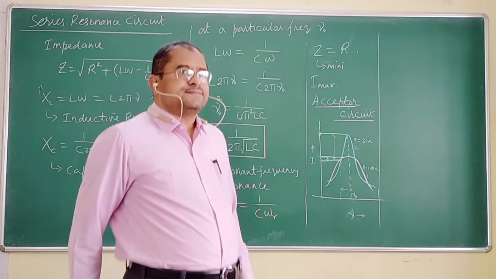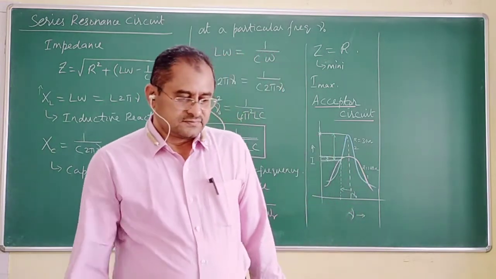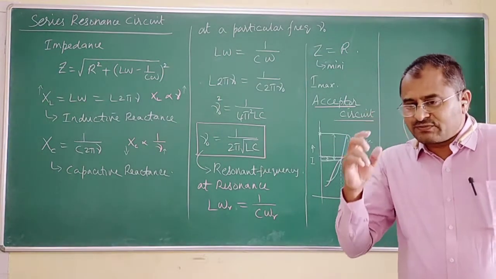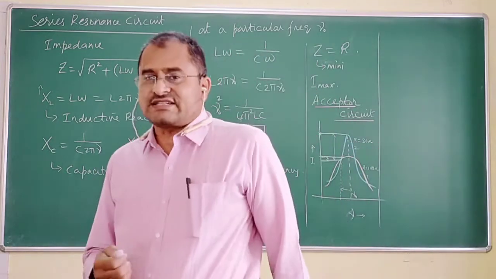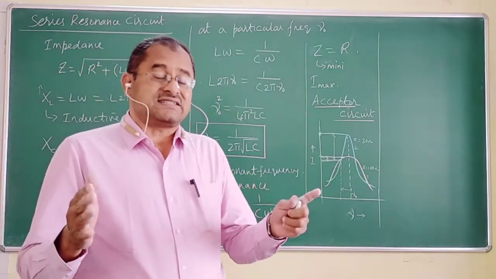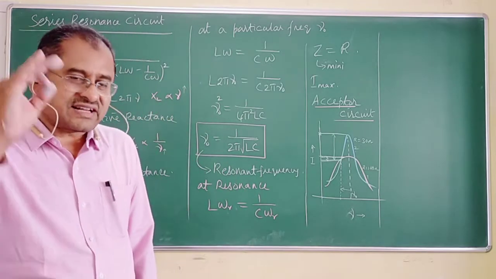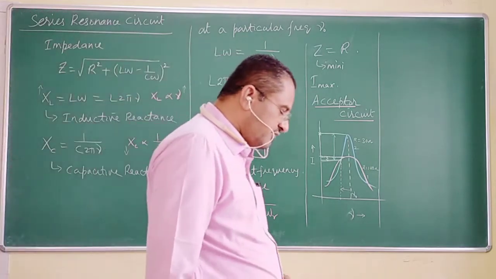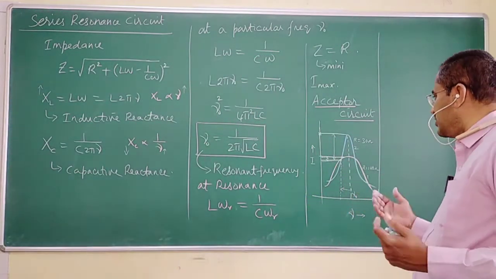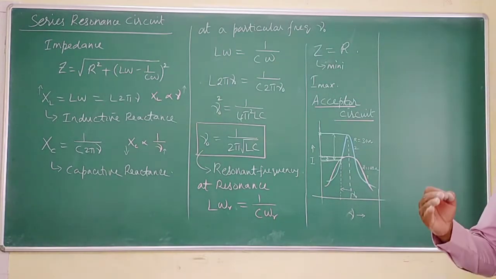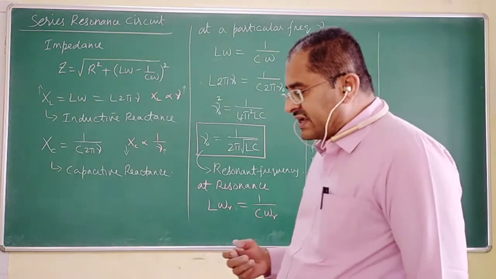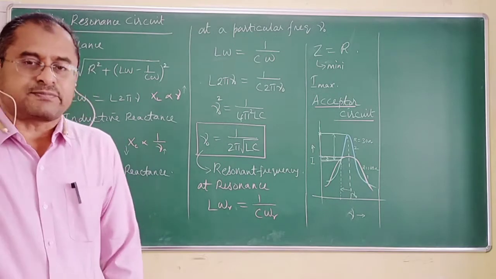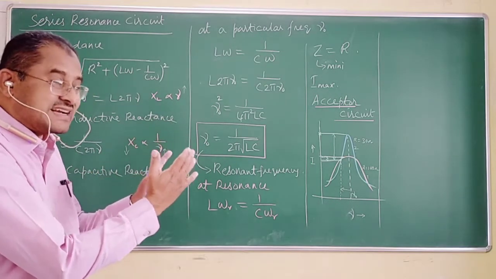So when can I say resonance is sharp? I would say resonance is sharp when, for a small variation from the resonant frequency, the variation in the current is large. I find from the values of R, for curve 1, I have taken R as 100 ohms. For curve 2, I have taken R as 30 ohms. And I find if the value of R is small, the resonance is sharp. This is what I have explained graphically.